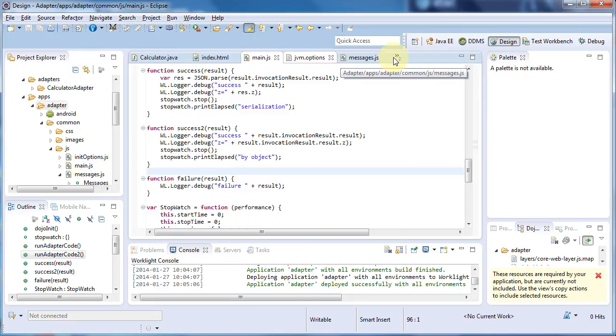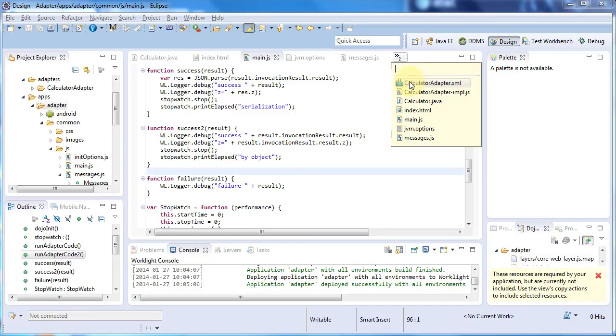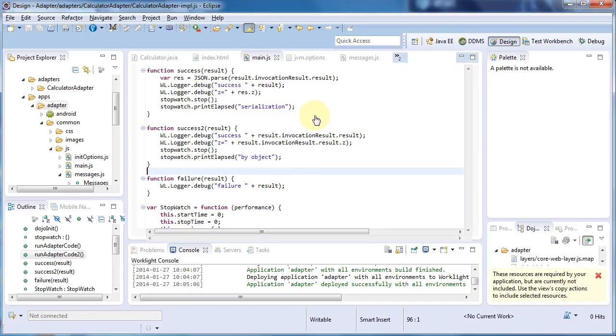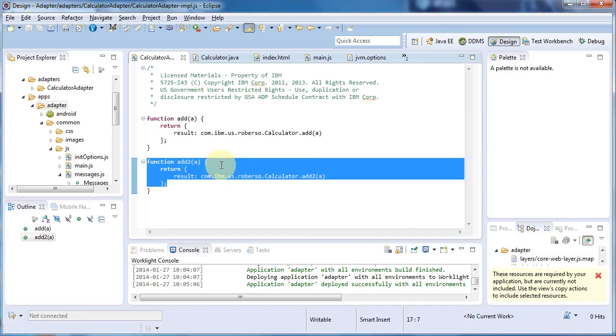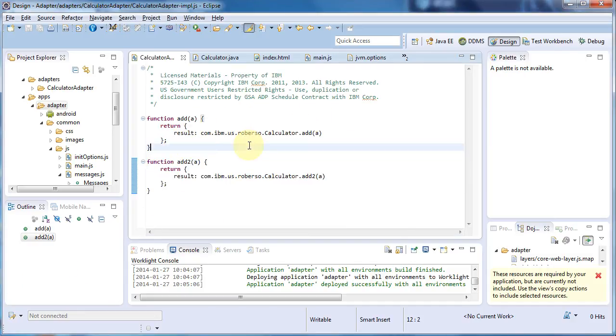So I'm going to take a quick look here to show you the adapter implementation. And the adapter implementation is really, basically the same exact thing. As you can see, add1 was the original, add2 is a new one. The only difference is I'm calling a different function, add2. If I go over to the Java code,